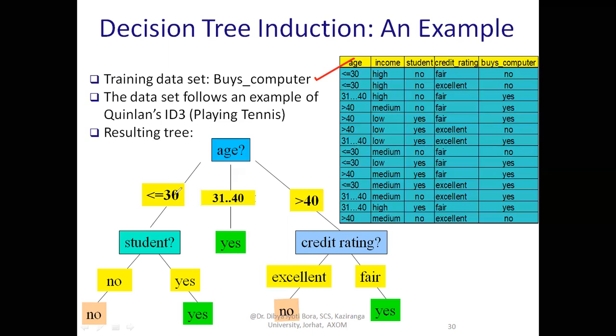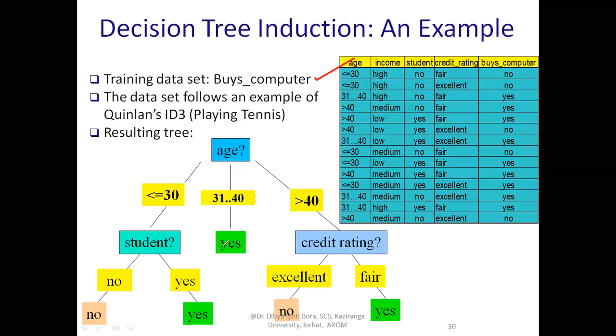So we have seen that when age is less than 30, he or she belongs to the student group. If he or she is a student, then there is a probability that he goes for buying the computer. If he is not a student, then our classification tag is no. But for the 31 to 40 group, please refer to this table, then only you will understand. For 31 to 40, of course he or she is going to buy the computer.